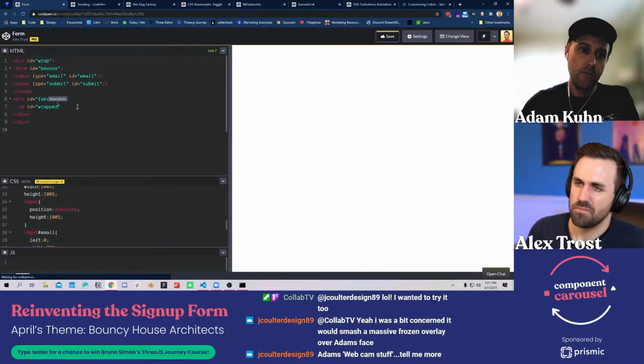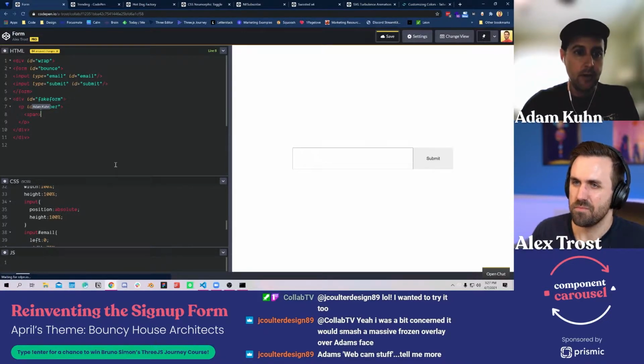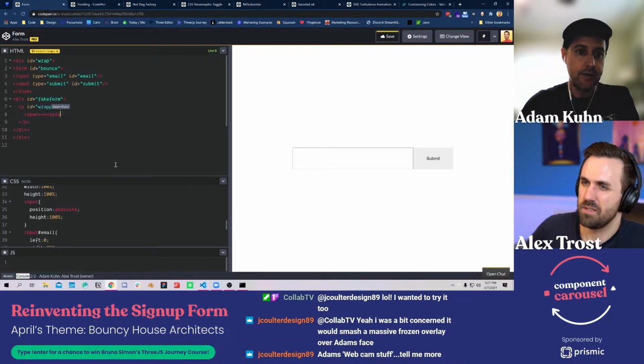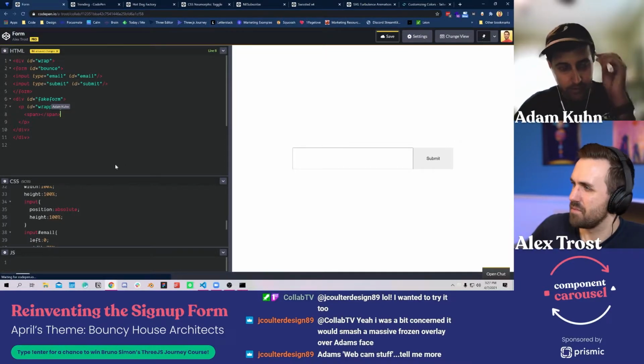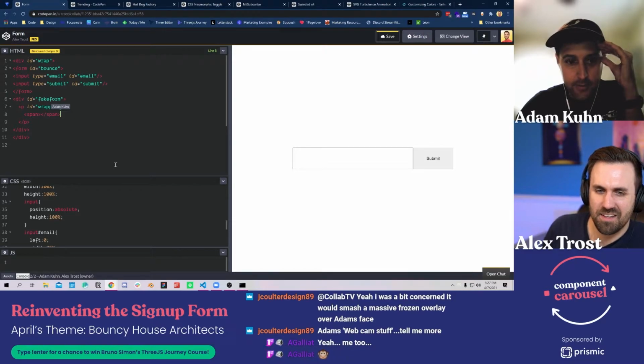We're going to make a wrapper for that. Probably some better naming conventions that we could be using here, and an empty span just to placehold. I'll explain why we do this in a second, but it makes sense to do that right now. What we're going to wind up doing is taking these form inputs as they're submitted and plopping them into this fake form div, applying them there.